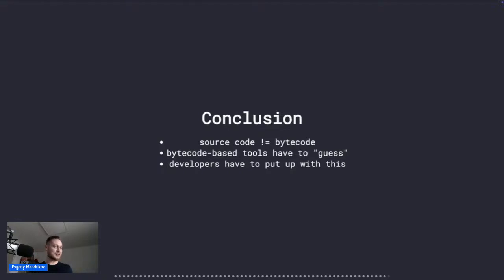And you developers, users of those tools, should be aware that what you're looking at is not exactly the source code, because this tool performs analysis of something else. So now you're aware. If anytime later you step on some interesting case and you're wondering why your favorite coverage tool shows you something strange, now you know what to do. Now you know that you just need to compile, decompile, and look at the